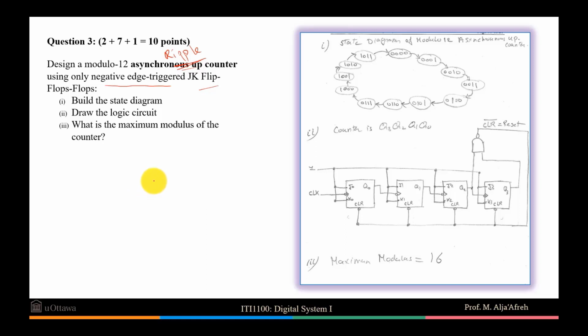So if it's modulus 12, what does that mean? 12 can be encoded as 1100, so you need 4 flip-flops to represent each bit. So 4 JK flip-flops. The way to implement it is we ripple the output from each flip-flop to serve as the negative edge triggering for the next flip-flop. You see the bubble? And we have to stop when the last 2 most significant bits are equal to